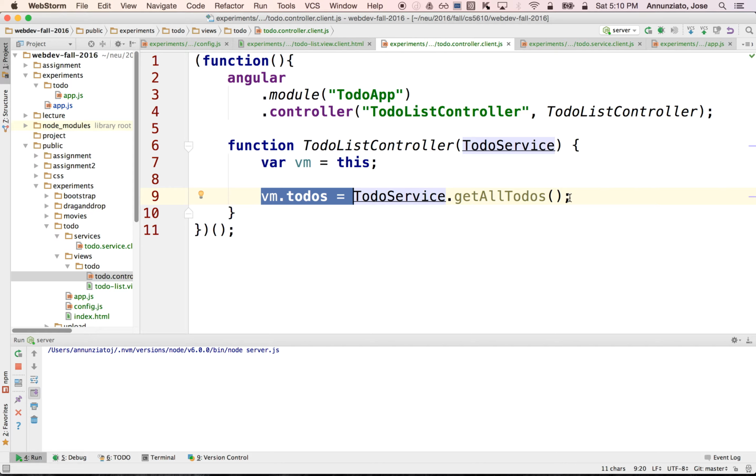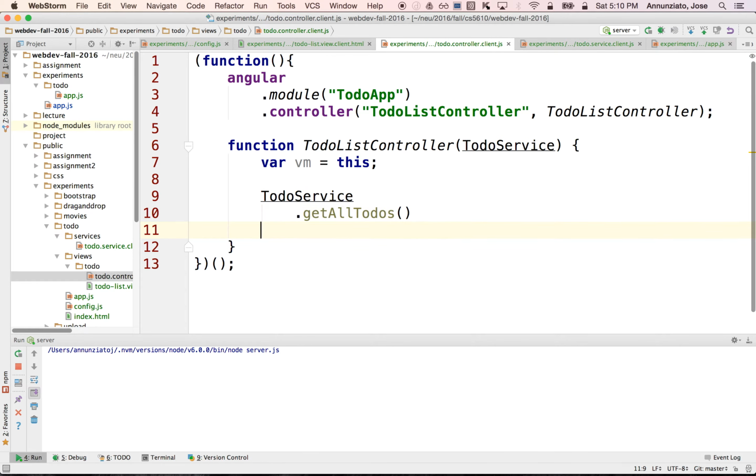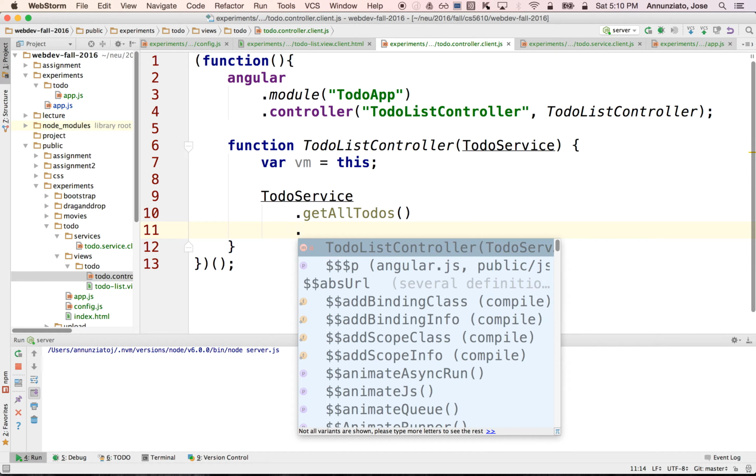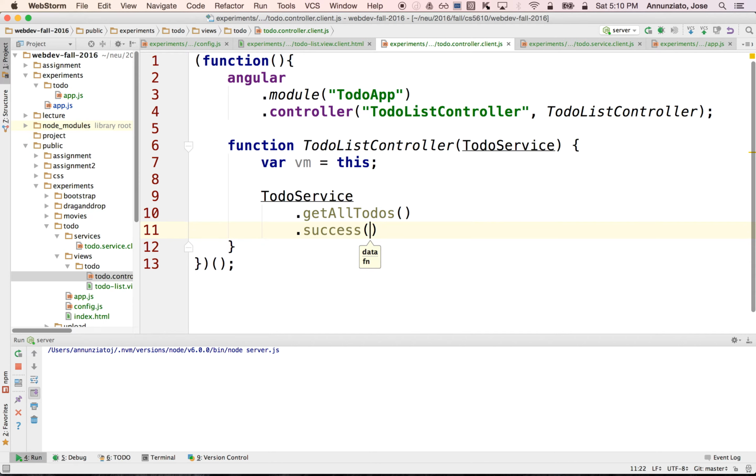What you get is an object that allows us to wait for the to-dos to come back from the server and be notified through a function call when that asynchronous call comes back from the server. So to be notified, we can declare a success function, and inside the success we say, okay, well, here's where I'm going to receive the list of all the to-dos. Right. So once we have the to-dos, we can then send it over to the view